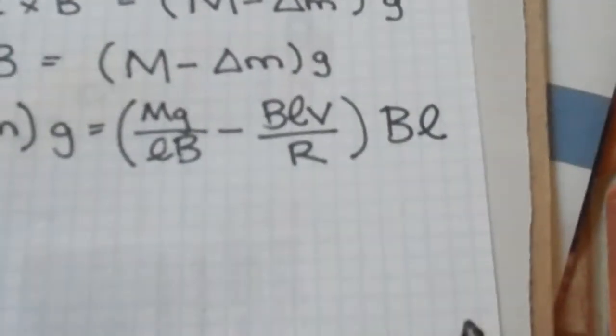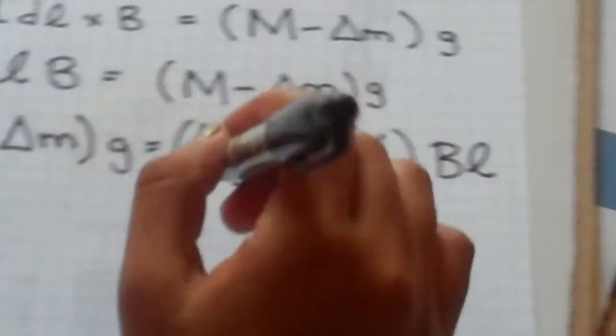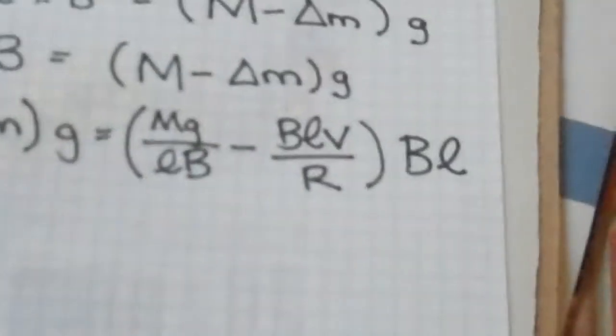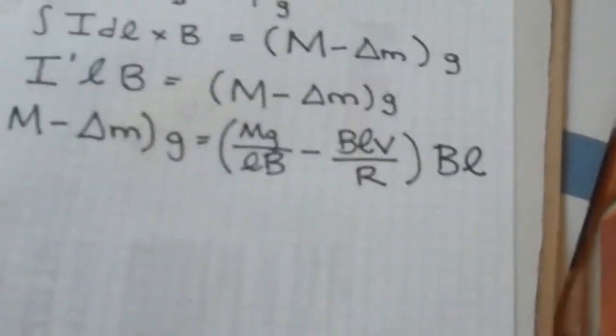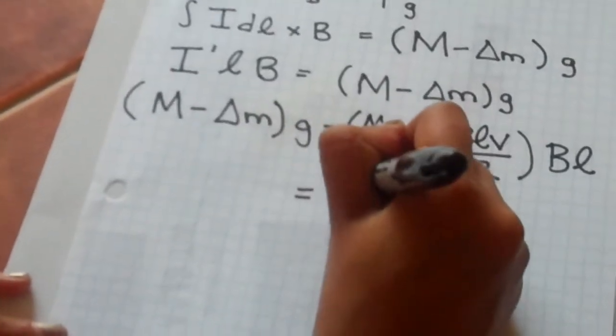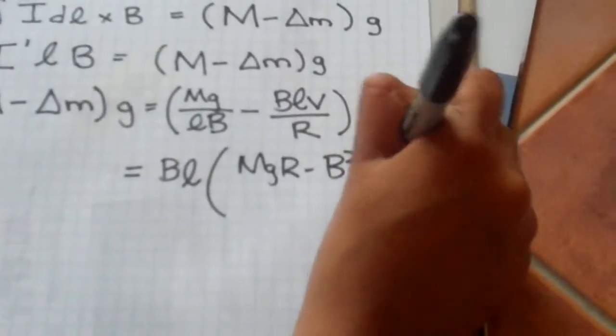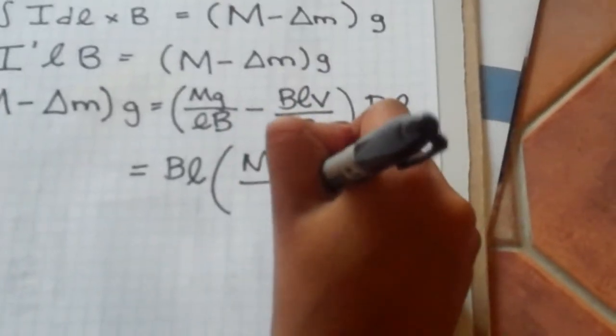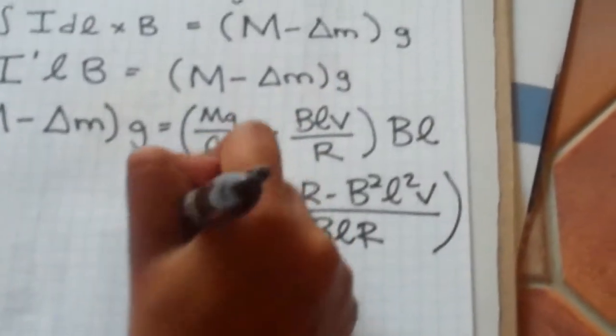Now just as a note, I already multiplied in the 1 over R from the previous problem. So that's already taken care of. So now we have to do some more algebra. So we're going to end up with BL times MGR over B squared L squared B, because we're doing a common denominator of BLR. Now we can cancel,